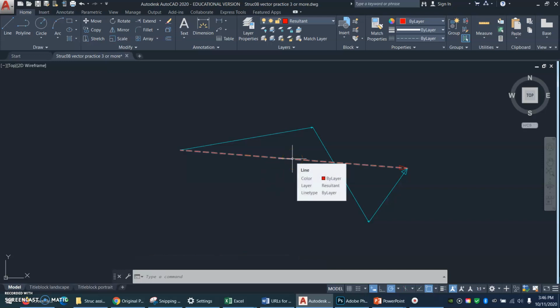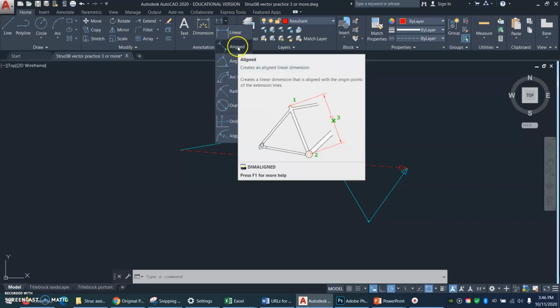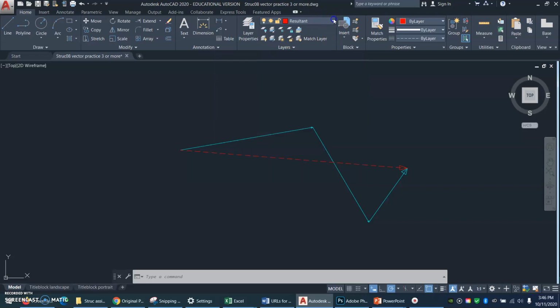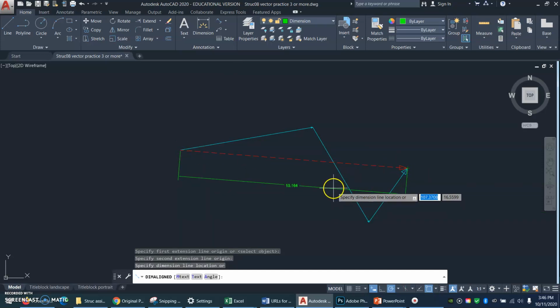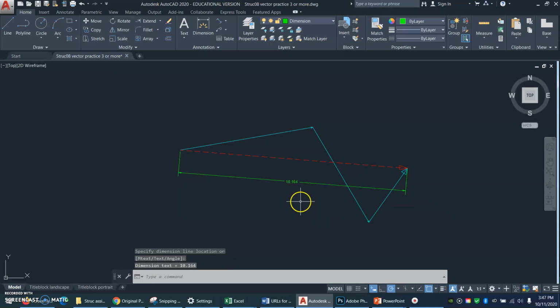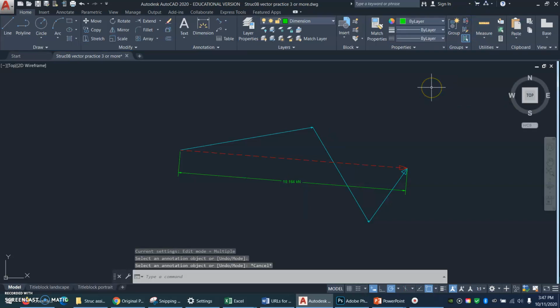And now I need to put two things on here. I need the magnitude of my arrow and I need the angle of my arrow. For the magnitude, I could use an aligned dimension. I can't use linear, but I could use aligned. Oh, I need to be on the dimension layer or it'll look funny. So I could use an aligned dimension, and I know that many of you are using that command. And so there's my length, and I would come in here and edit this text and add kilonewtons to my text just to be cool. So I could do that,